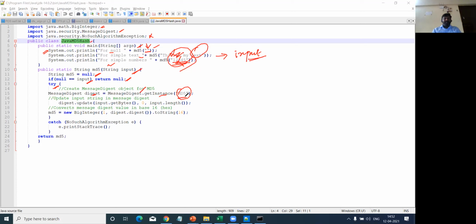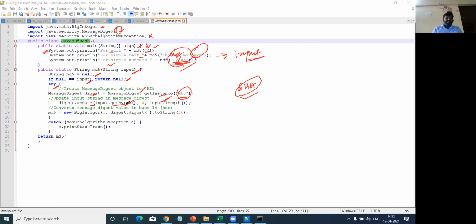Instead of that, if you want, you can use the SHA algorithm or any algorithm which is defined under this package, right? Again, this digest.update function is a method through which it is going to get the input bytes, followed by the input length, the size of the value which you are passing.